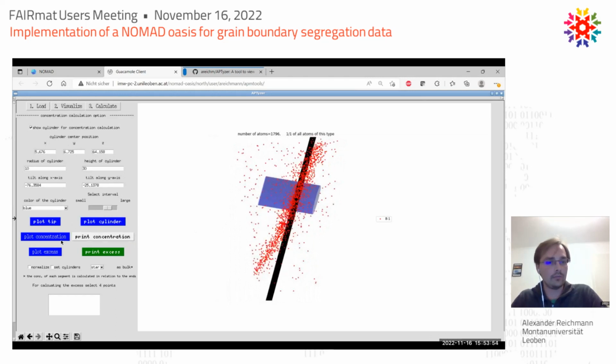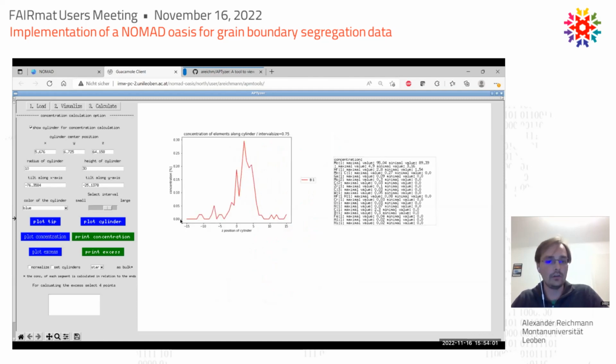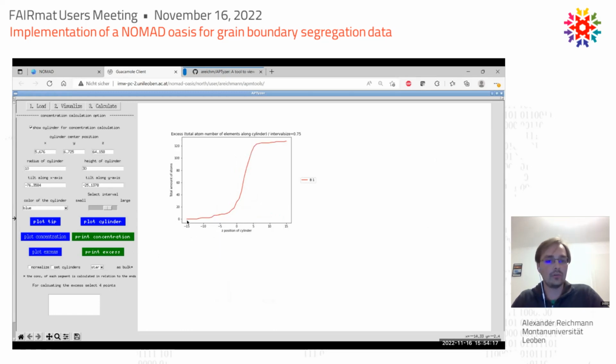And then I can already plot my concentration profile along the cylinder. And I see here there's a peak at some area, which is at the grain boundary. And then, like Lorenz said before, we are interested in the excess. And I can plot the total amount of atoms and can fit the excess by fitting 2 lines